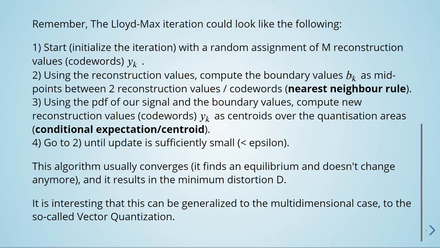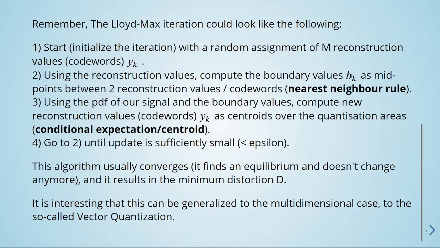Then, using the PDF of our signal and the boundary values, we would compute new reconstruction values y of k as centroids over the quantization areas. So it's the conditional expectation, centroid. And then we would go back to step 2 and update until we have sufficiently small changes that we define